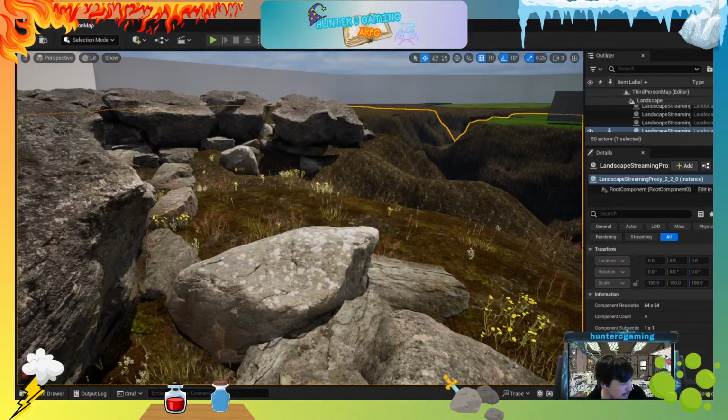Maximum number of polygons, the maximum number of triangles. But when you zoom out, those assets automatically